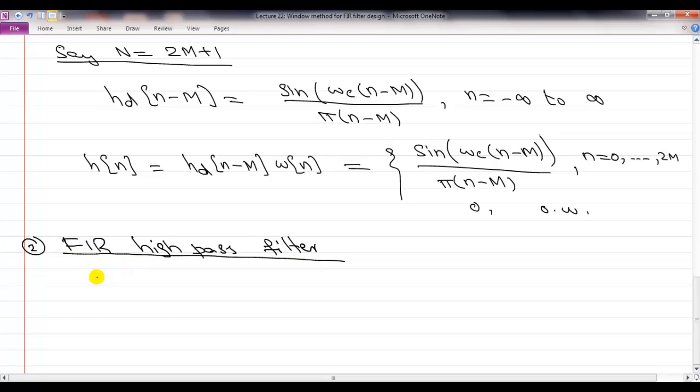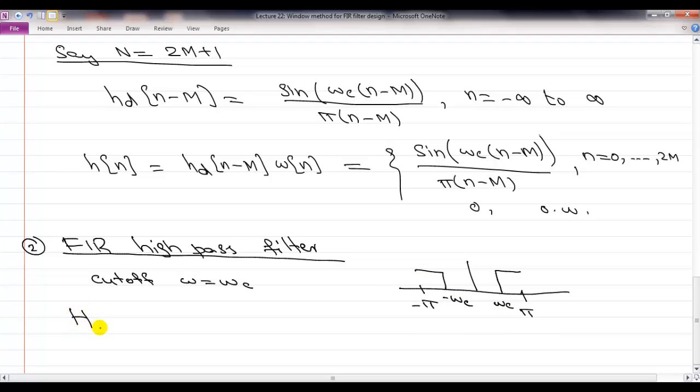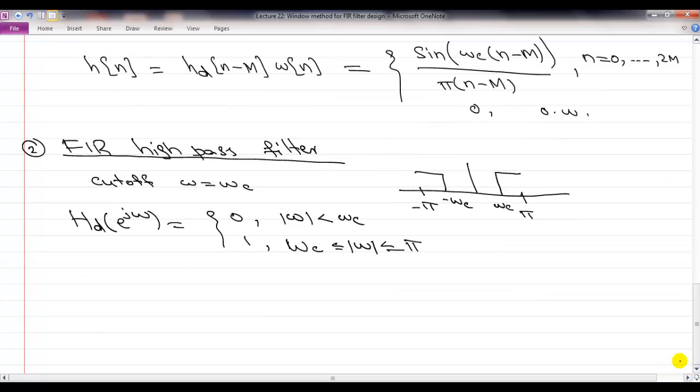Once again, the first thing you need is the cutoff of this high pass filter. You say that is omega equal to omega c. So you are interested in a high pass filter which looks like the following. It has a cutoff at omega c and minus omega c. And from that, you just write down the desired frequency response. So it is 0 for absolute value of omega less than omega c, and 1 for omega c less than or equal to absolute value of omega less than or equal to pi. Okay. So once you do that, you take its inverse Fourier transform, you get hd[n],